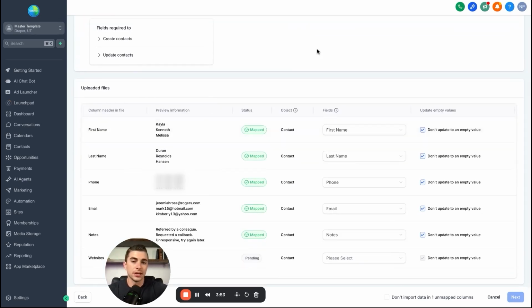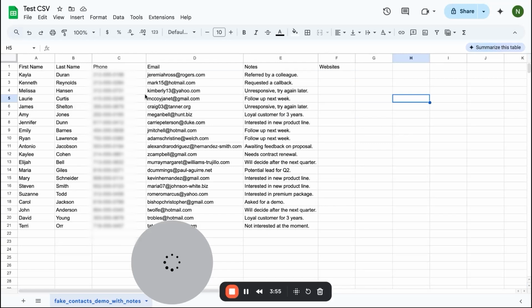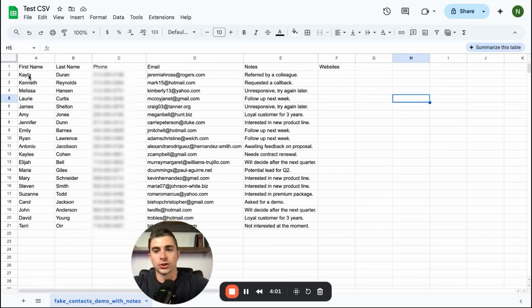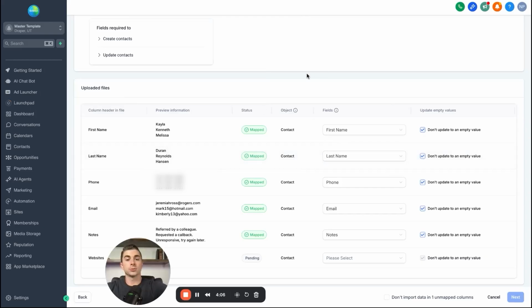If you don't know what mapping means, it's basically going to look at the CSV and ask, hey, what do you want to name this column? It's pretty self-explanatory, but you want to make sure that first name equals the first names, and last names equal the last names. The reason this is important is because when you're putting in customized messages for your outreach, as in my other videos where I've made automations or built out emails, you put in a variable to make it customized. You can say, hey, first name, and it's going to attach their actual first name to that message. So you just want to make sure these are all mapped correctly: first name to first name, last name to last name.